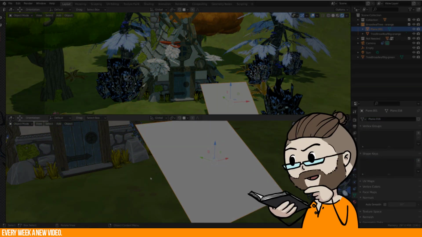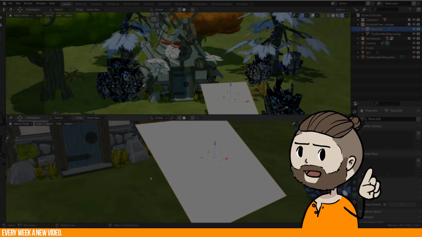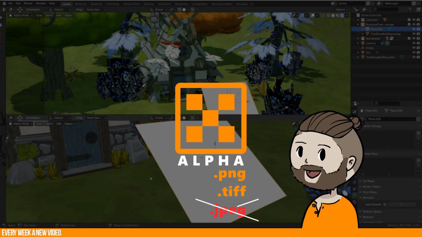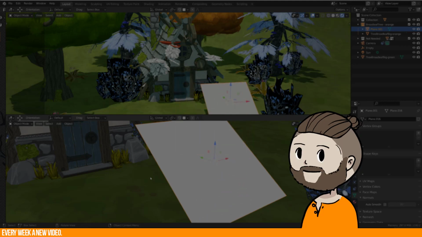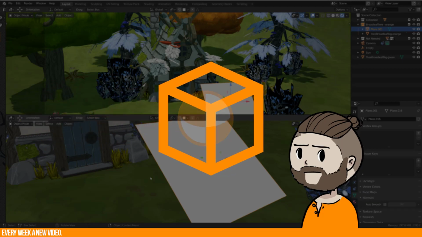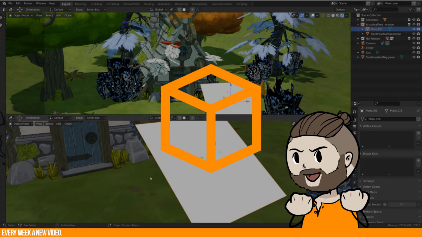Before we start to dive into this topic, I want to say that you have to know how to generate or get an image texture with alpha information. You can only save transparency information with the PNG format or TIFF. JPEGs are not able to transfer alpha information. As well, you have to know how to create and assign a material to the object. It is very simple, so I rush quickly through it.